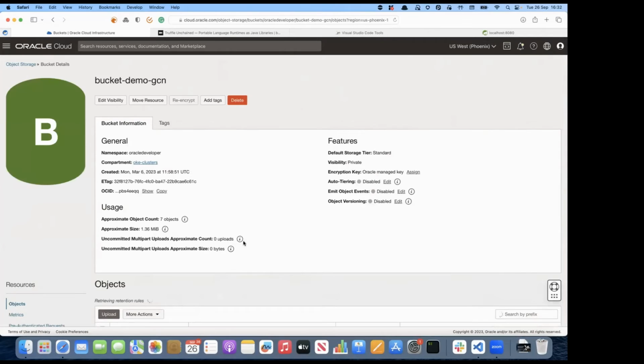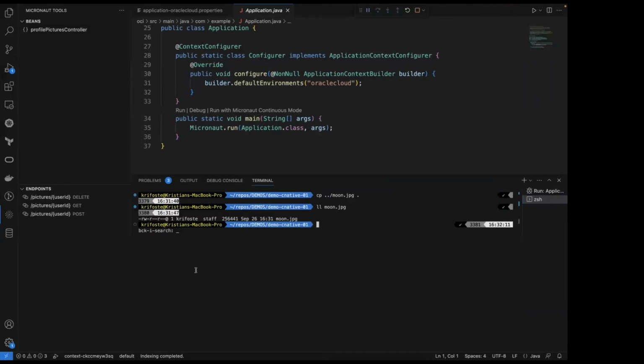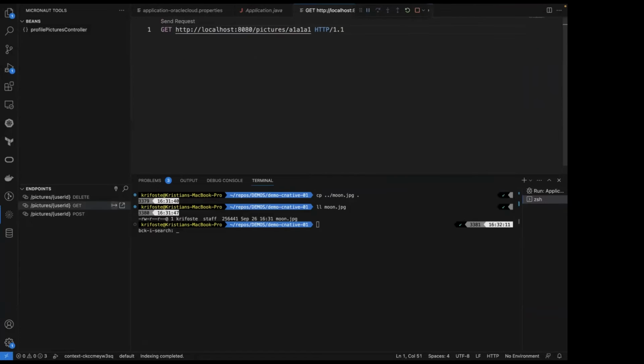There's my demo bucket. And I believe if I take something like this one here, right. If I now call pictures user ID, get, okay, this is the one we want to call. And I'm going to call that one.